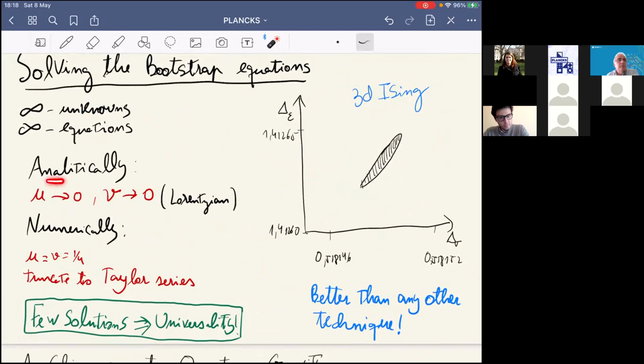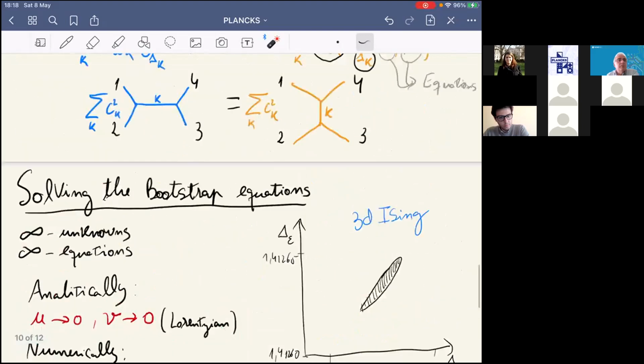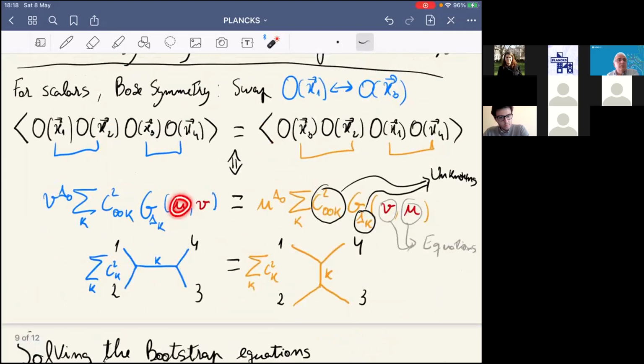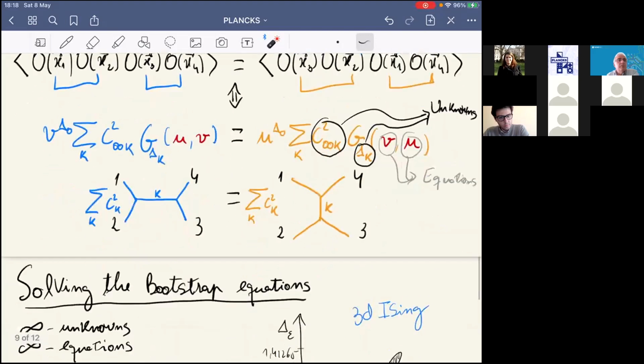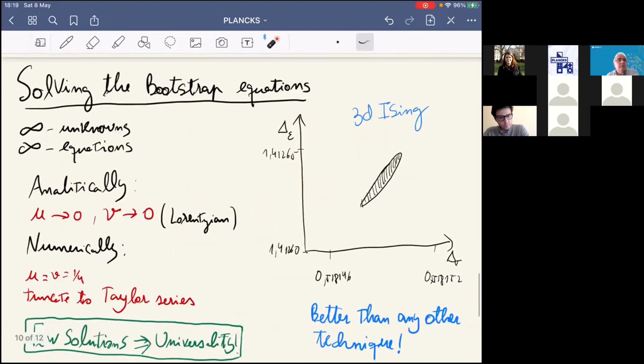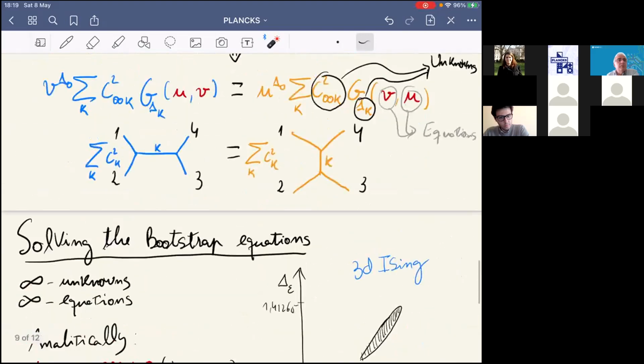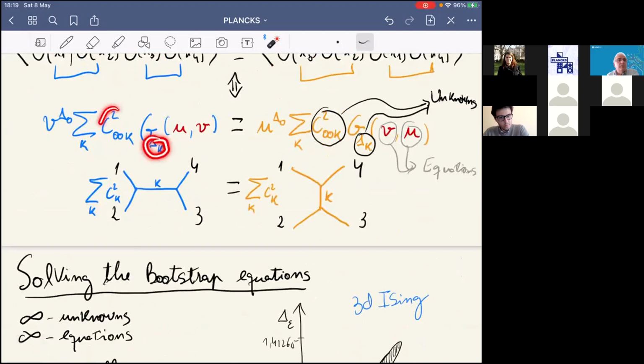So one way to analyze the solutions is analytically in some kinematic regimes where the points are in some specific locations. But I'll focus more on the idea of analyzing this problem numerically. And the way to treat this problem numerically is to choose specific positions and then do a Taylor series around those particular positions. And then we basically are truncating this infinite number of equations to a finite number. And it turns out that we can use this to severely constrain the dynamical numbers of the critical